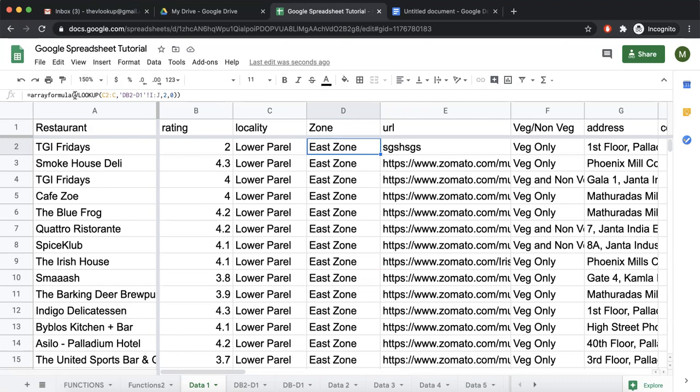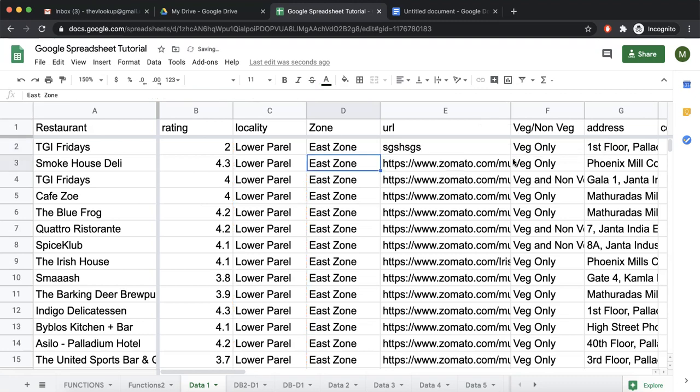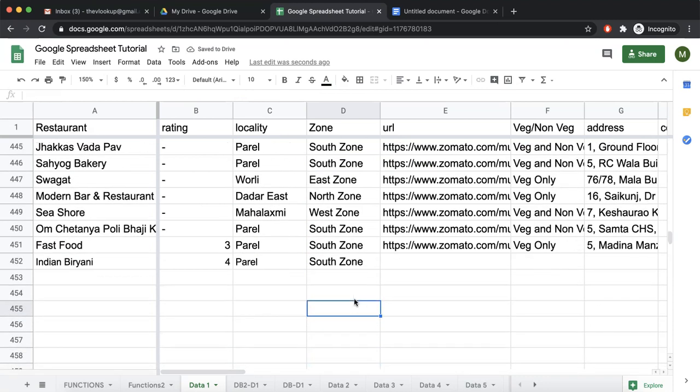So for this, again we'll use IFERROR. So whatever happens in the VLOOKUP is closed inside IFERROR. So if the VLOOKUP executes perfectly, it's all right. If not, then print whatever you want. This is the first argument of IFERROR. If there is any error, then simply print blank, and we are done. Now we don't get any error after the blank. Now if I write over here Parel, automatically this gets populated.